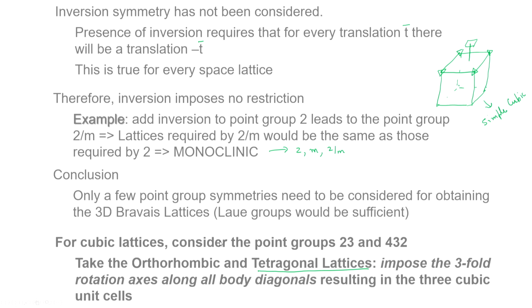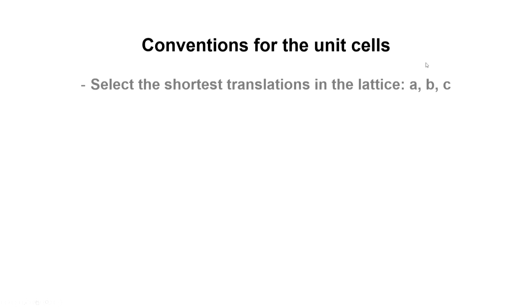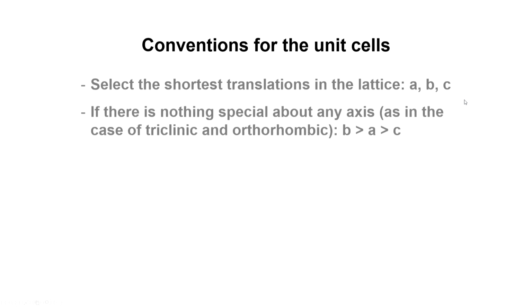Similar thing I can do with the orthorhombic unit cell, which has only the 2-fold rotational symmetries. I will get the same 3 cubic cells, making a total of 14 Bravais lattices. Now, in the final conclusion, there are some conventions for the parameters of the unit cell. So, first one is to select the shortest translations in the lattice, A, B and C. So, we do not need to consider big unit cells, but there may be further constraints